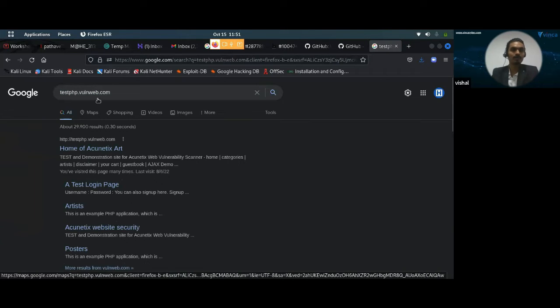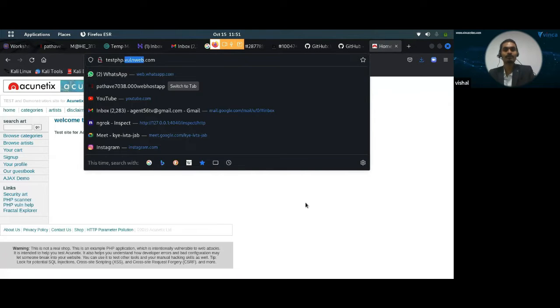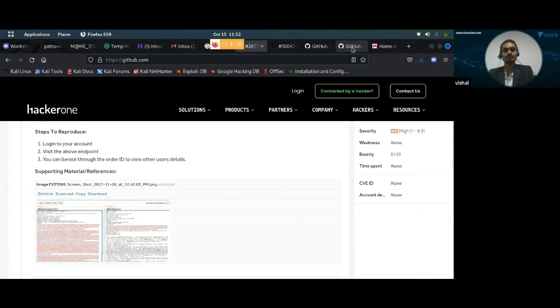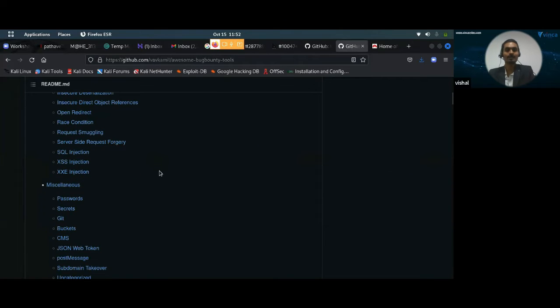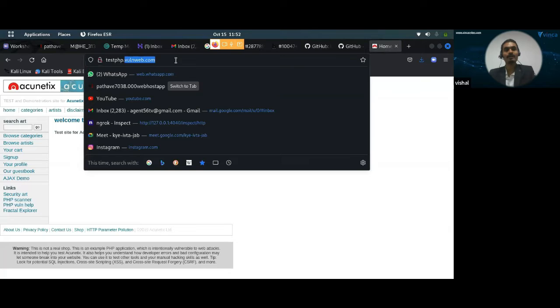Testphp.vulnweb.com, so I just put here a website name, and I want to hack this website. So my target is what? To hack the website. Okay, so go through what I showed you: these methodologies, recon, exploitation, and so on. So the first step is enumeration, finding the subdomain. I already have the subdomain testphp, and my target is to hack it